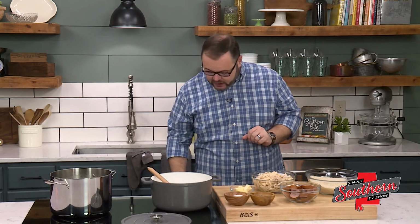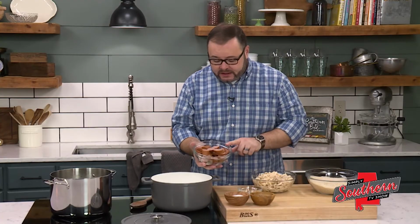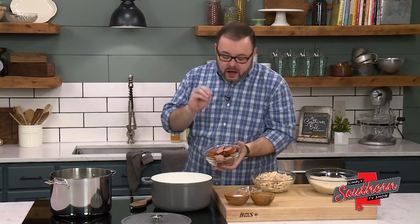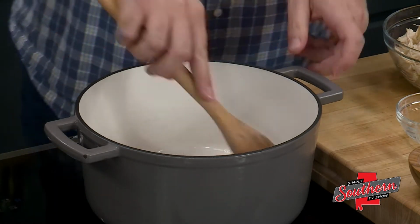Now save that broth because we put a lot of work into it, and that's gonna give us tons of flavor in our bog here. Okay, I've got a large Dutch oven here. To this, I'm going to add 4 tablespoons of unsalted butter. This gives us a head start. I've got 1 pound, usually packages are somewhere between 12 ounces and 16 ounces, so either will work, of sliced smoked sausage, kielbasa, anything like that will work perfectly. We're gonna get a little color and a little flavor on this by browning this right here in our pan